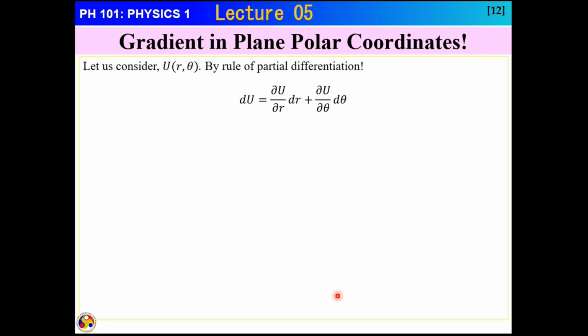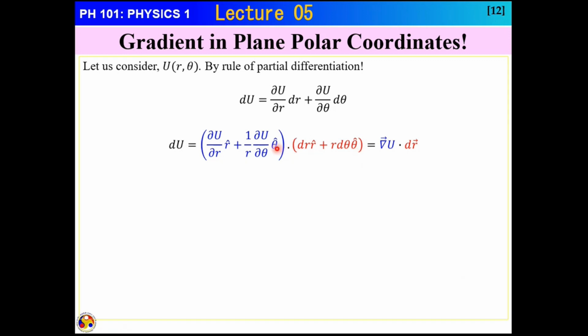Well, according to the mathematical differentiation, du is del u by del r dr plus del u by del theta d theta. And then we can write this in this format: del u by del r, r cap, plus 1 by r del u by del theta, theta cap, into this is the vector. We know that this is the displacement vector. We have done this when we were talking about the plane polar coordinate, the small dr vector, position vector we wrote r r cap plus r theta cap.